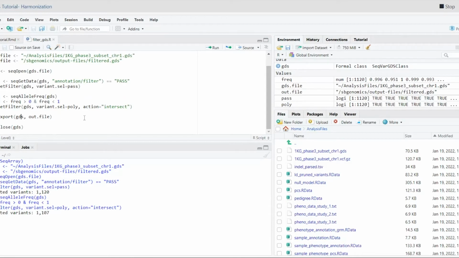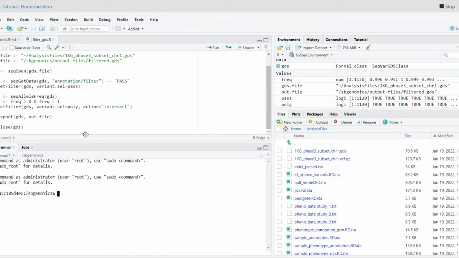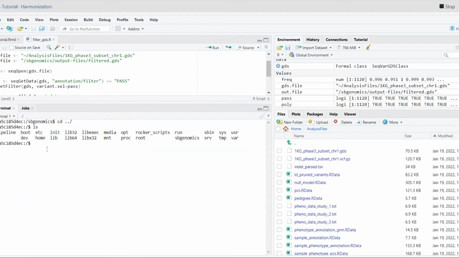And now I'm going to export, and I've exported this out. Before we move on, I want to mention, I'll probably mention this again in the JupyterLab, but there is a bash terminal that's accessible from RStudio, JupyterLab, and from SAS. And that's different than the console. The terminal is a bash terminal, which gives you access to install any type of software you want, but it also gives you access to